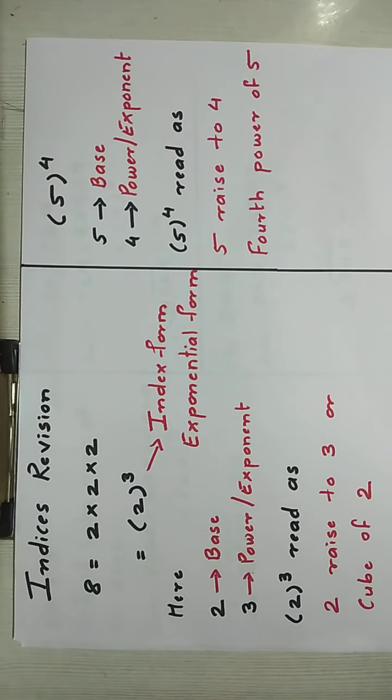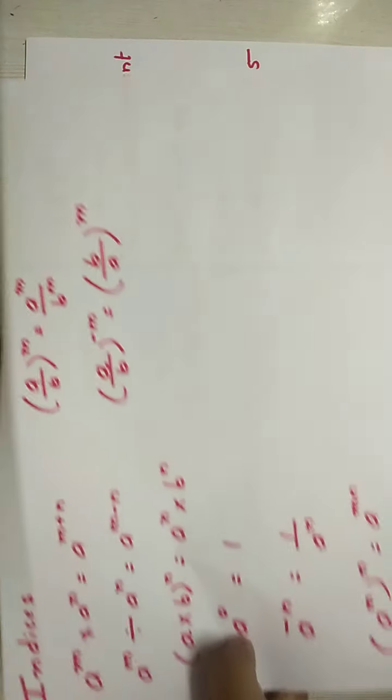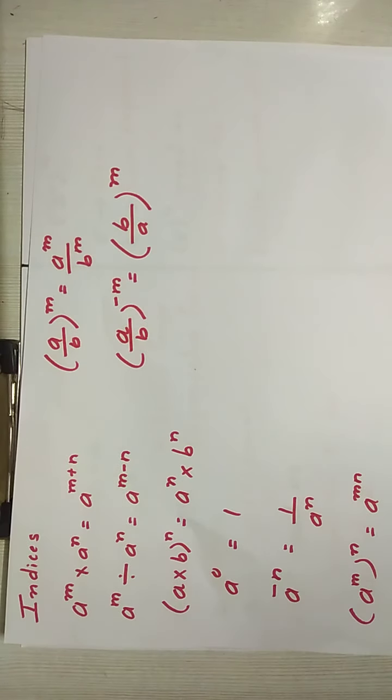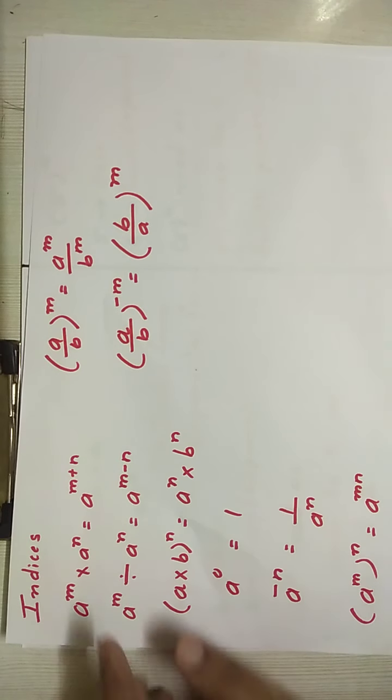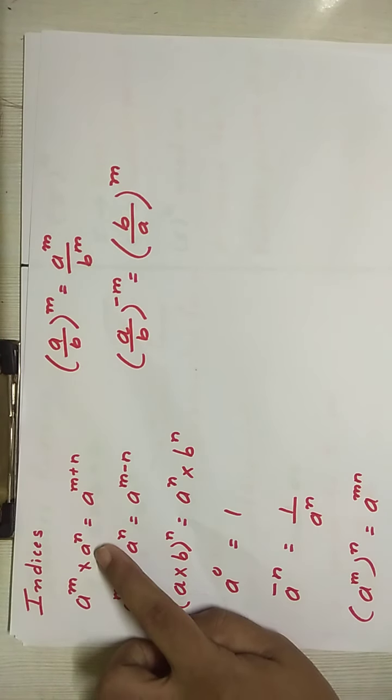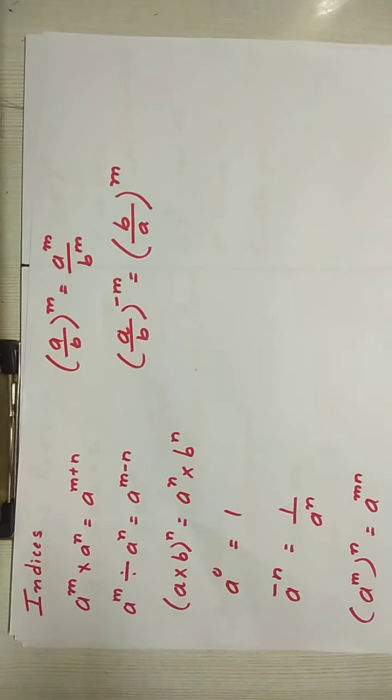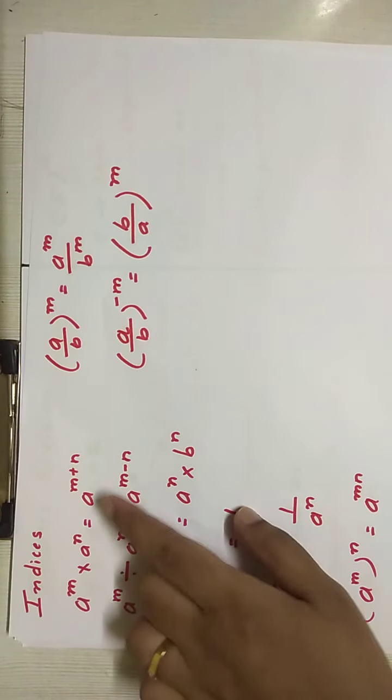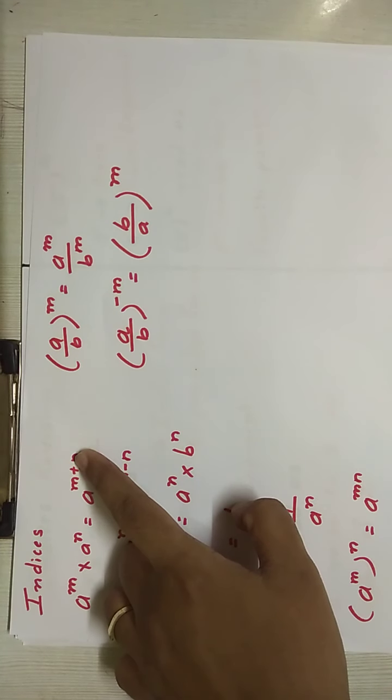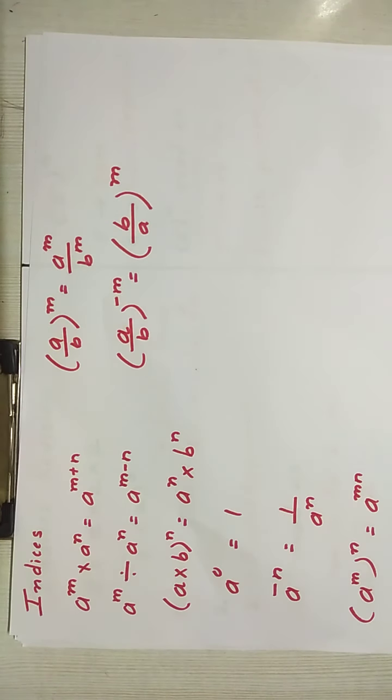Okay. Now we will quickly revise the indices rules and then we will move to the next section. The indices rules which we already learned in 7th standard. The first rule is a raised to m into a raised to n is a raised to m plus n. That means if you have any number, for example 5 raised to 3 into 5 raised to 2, the answer will be 5 raised to 3 plus 2. Examples are given in yesterday's video, and also I gave some sums for revision on the similar basis of examples. You have to see the examples and solve those sums, use these properties.